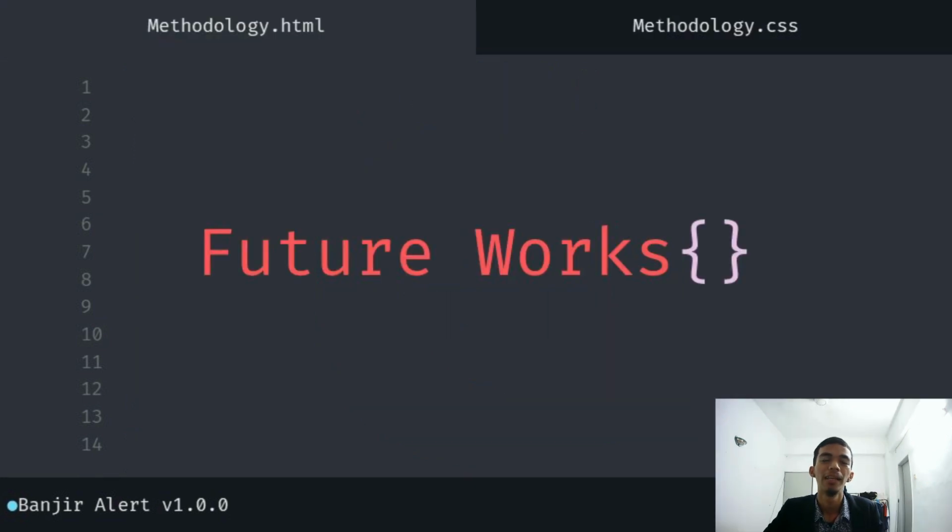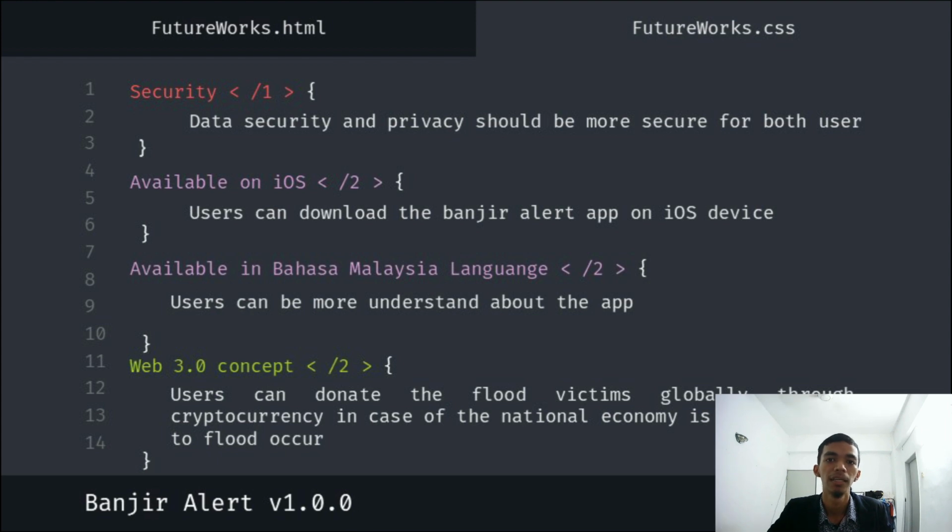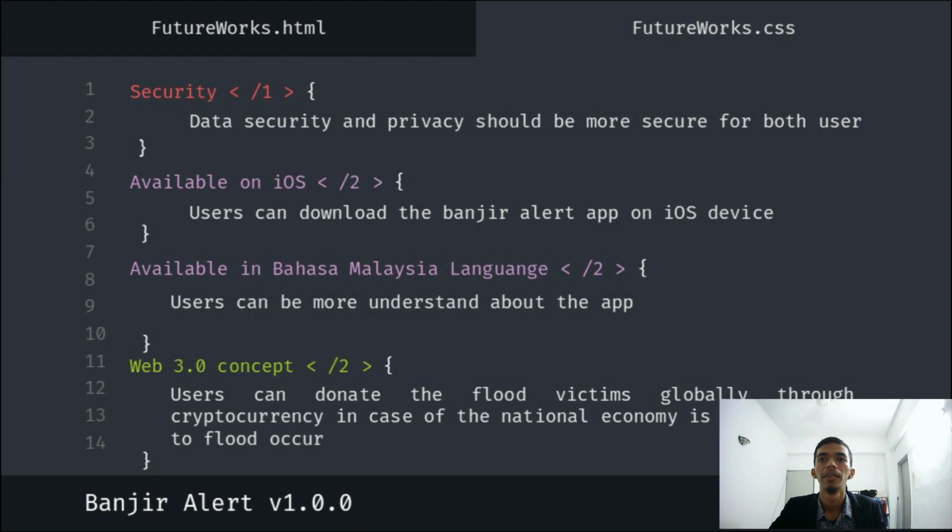So, for the future work, I will update the Budget Alerts project in terms of security, because the data security and privacy should be more secure for users, especially the donation information, from any fraud or hacker. And the next one is Budget Alerts should be available on iOS, so the user can download Budget Alerts on an iOS device. The next one is Budget Alerts will be available in Bahasa Malaysia, so the user can understand this app better and understand how to use it. And the last one is the Web 3.0 concept. The users can donate to the flood victims globally through online banking, FPX, or maybe cryptocurrency, in case the national economy is unstable due to the flood